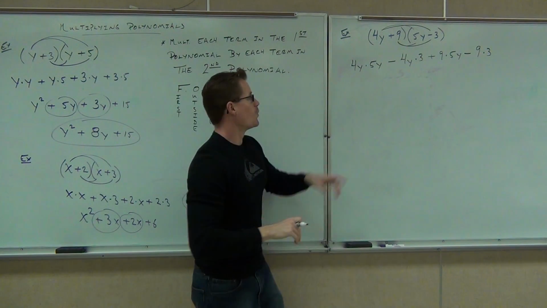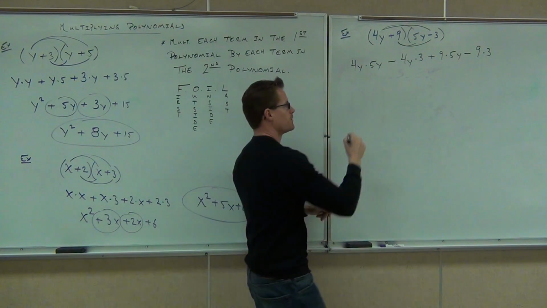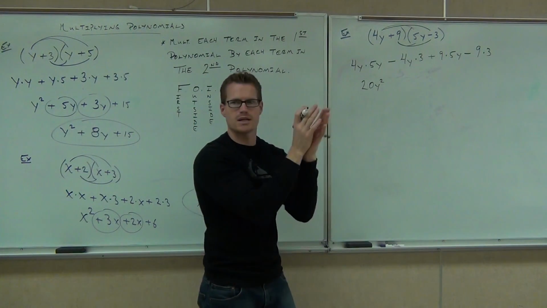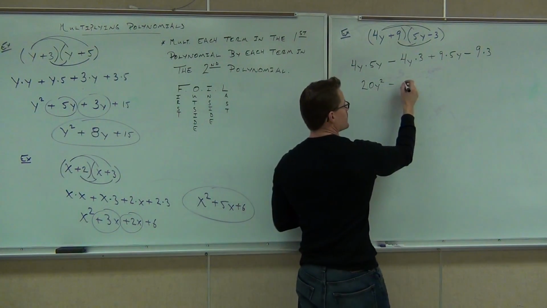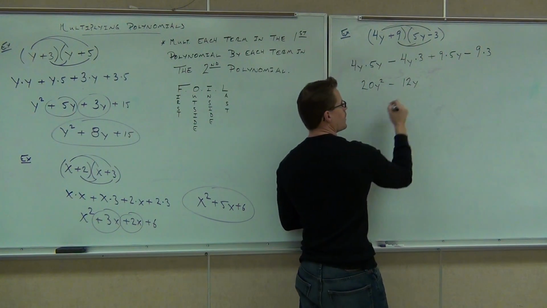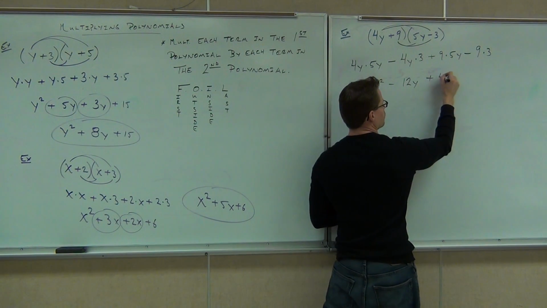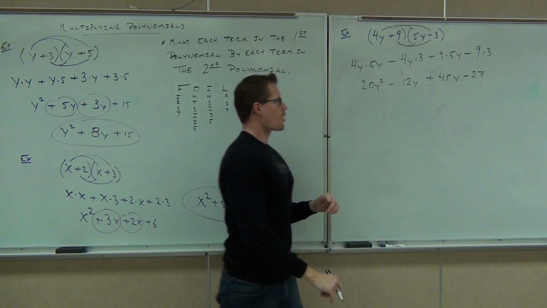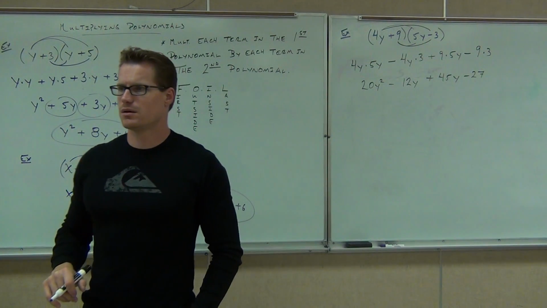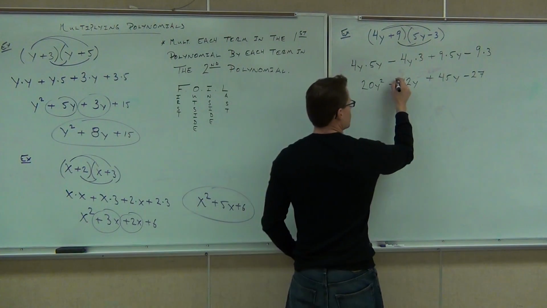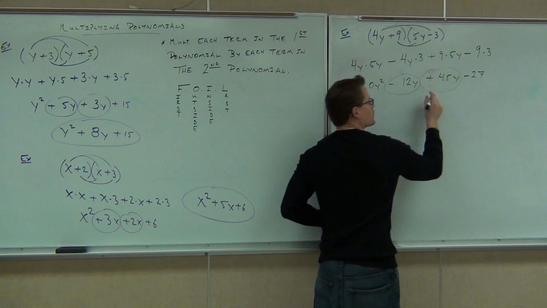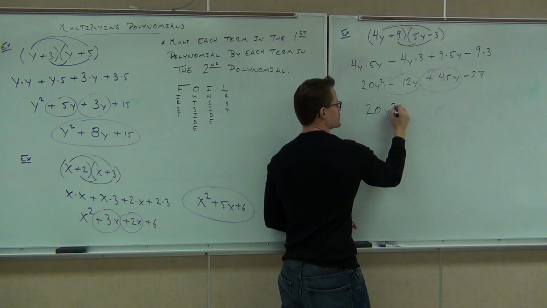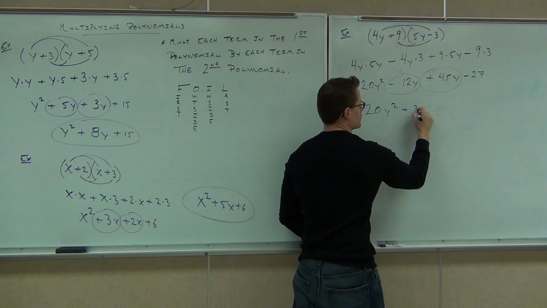Now let's continue. How much is 4y times 5y? 20y squared. Multiplying there, we can take a y times a y, get y squared. Minus how much? Minus 12y. Good, 12y plus 45y, and then minus 27. Are there any like terms to combine? Yeah, sure, the 45y and the 12y. Am I going to get a y squared when I combine those? No. So I get 20y squared plus,